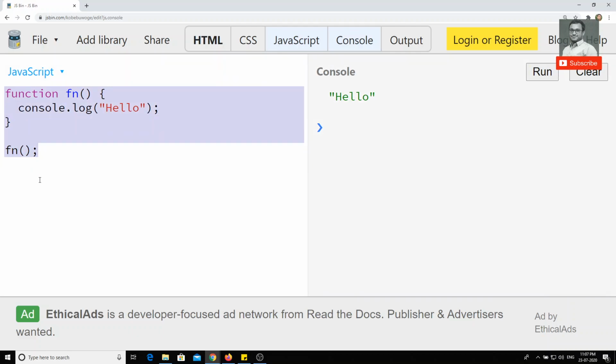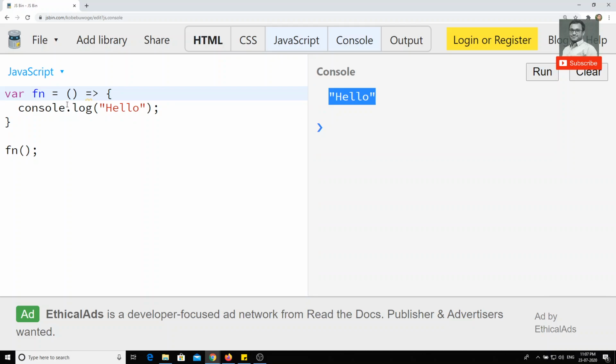As you already know from my previous videos, this is how I have declared functions in my old videos. Now let's write that in a newer way in the ECMAScript format, a new kind of representation. I will declare one variable, remove the name, and keep an equals and greater-than symbol. Now I will check the output. This is the newer way to represent the function. If I run it, I am getting hello.